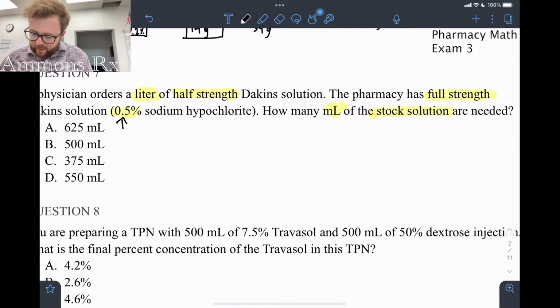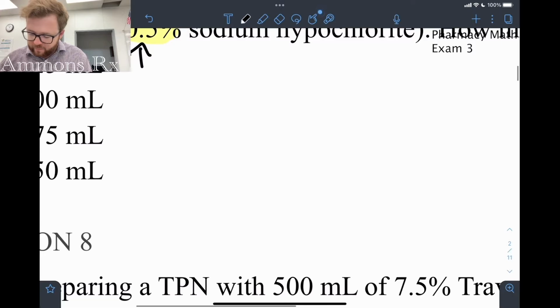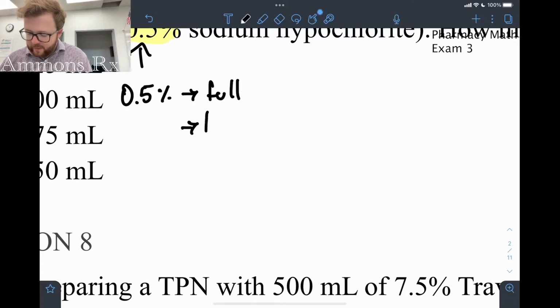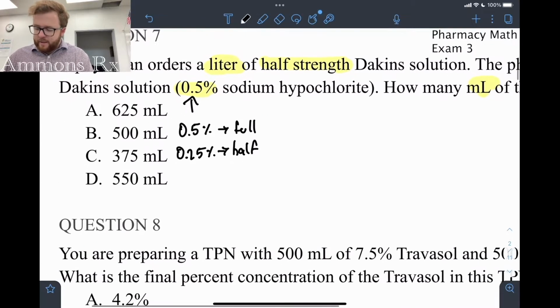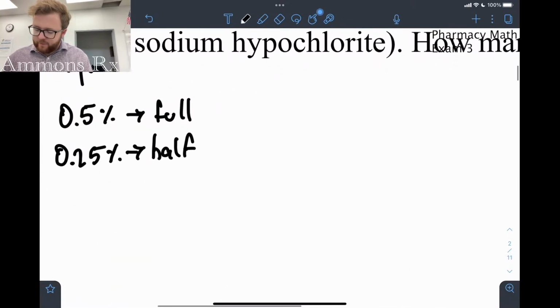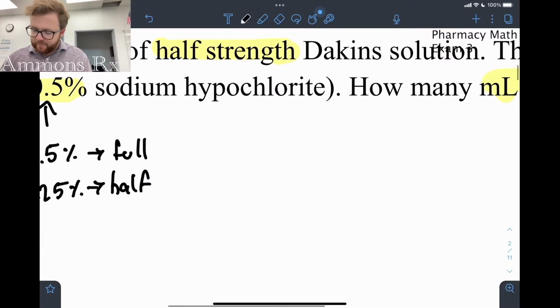So right there, if that is full strength, what is going to be half? Well, it's going to be 0.5 divided by 2. So we need a liter of 0.25%. Okay. So let's do the